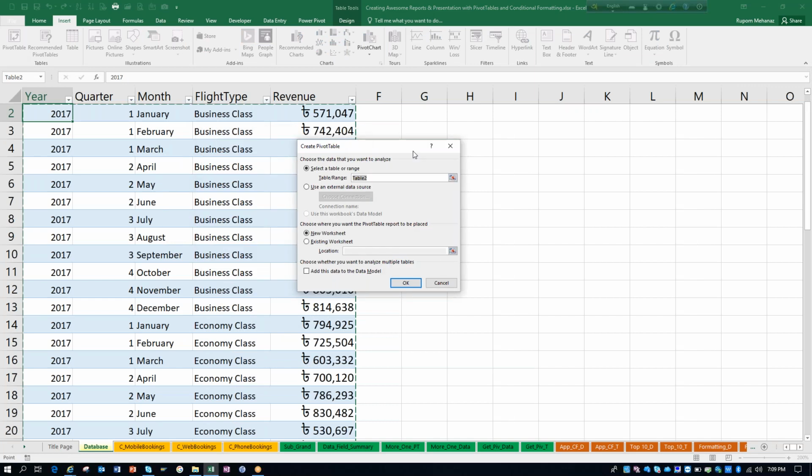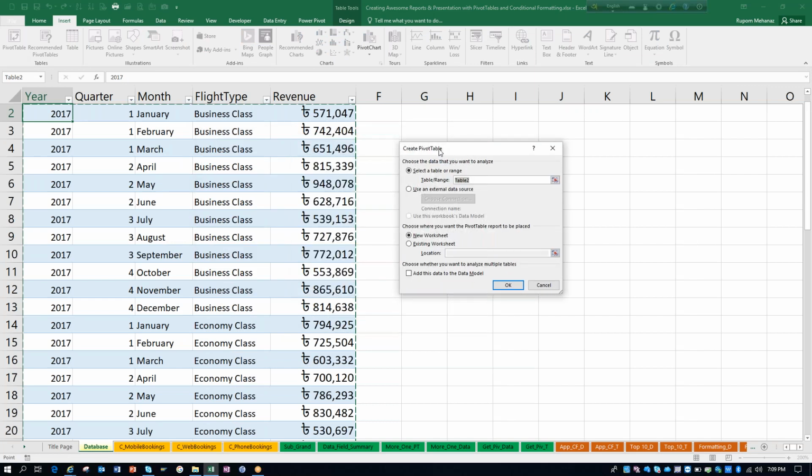As you can see, there is a Create Pivot Table dialog box where Excel is suggesting what I will be taking as a data source. It is rightly marked that I have a table, and the table name is table 2, and it is also asking